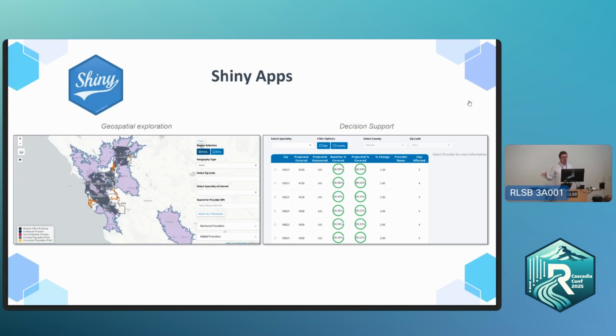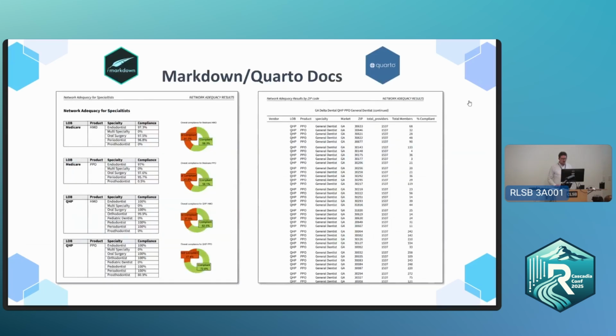So different parts of the organization can look at a centralized resource, come at it with different subject matter expertise, and hopefully have a conversation that results in more people getting access to care more quickly because they're looking at the same information. And then finally, real quick, another example of the product side of the house is